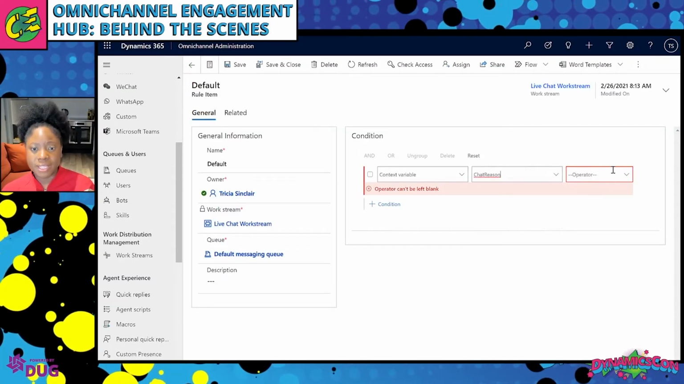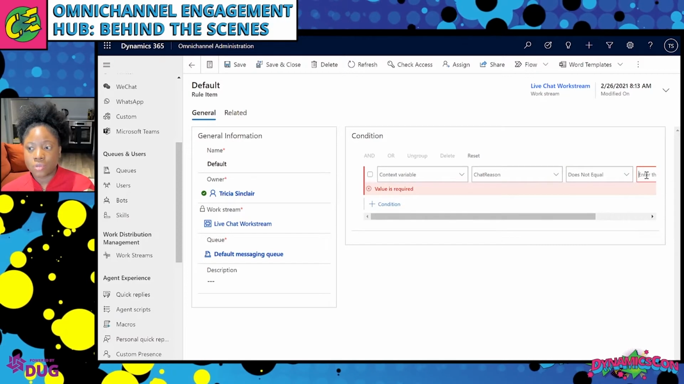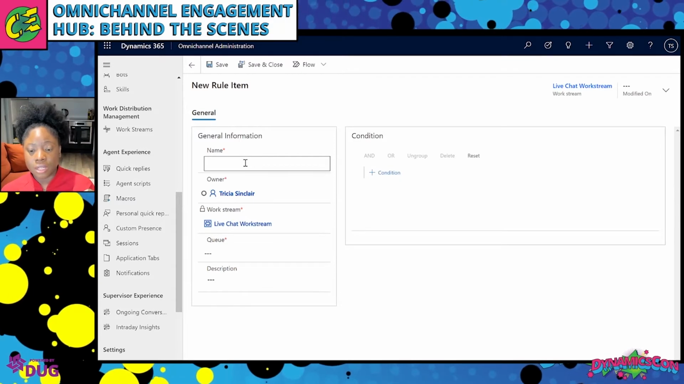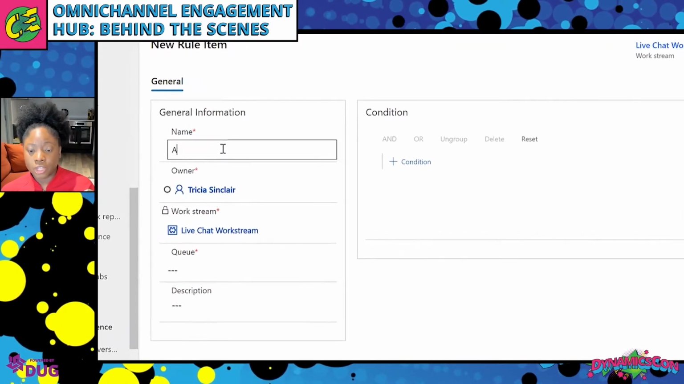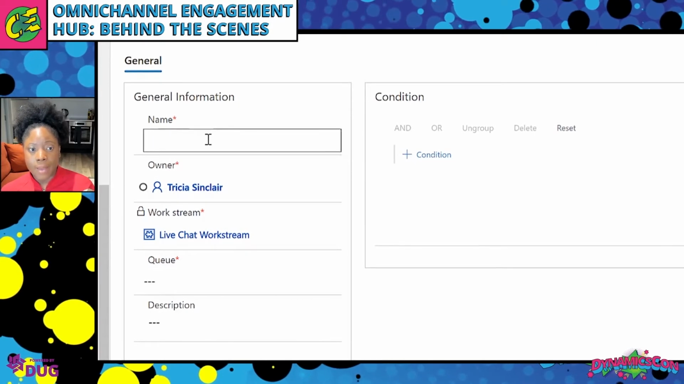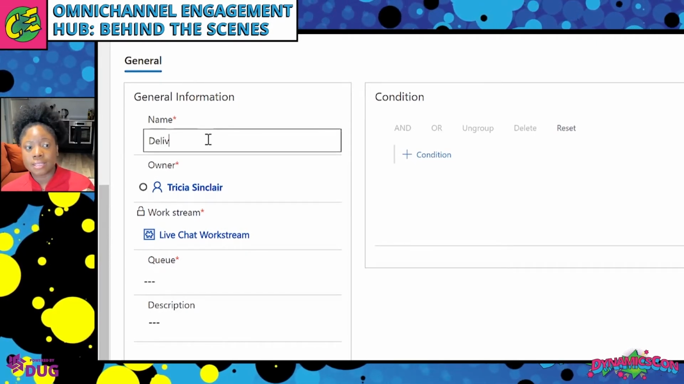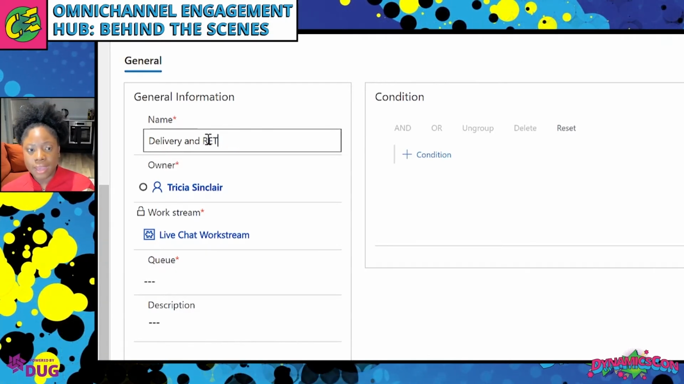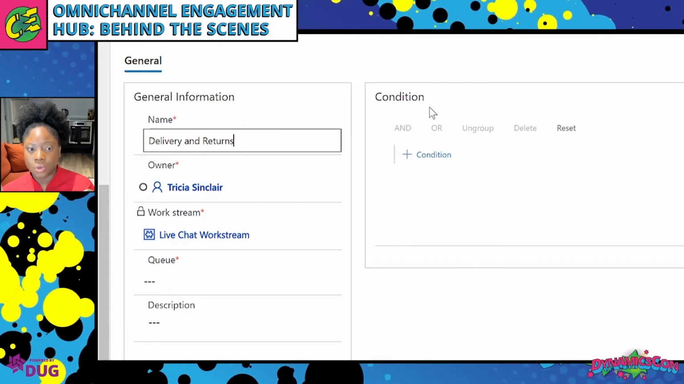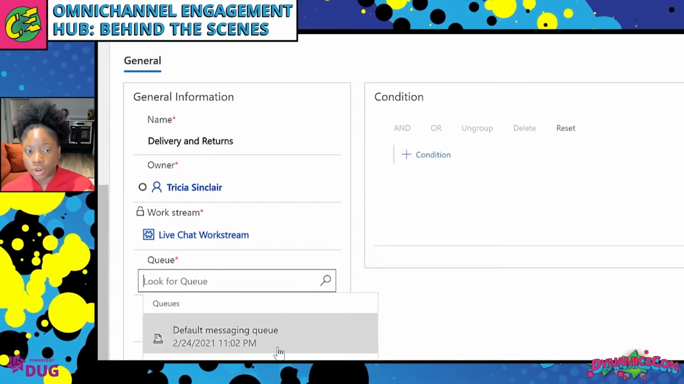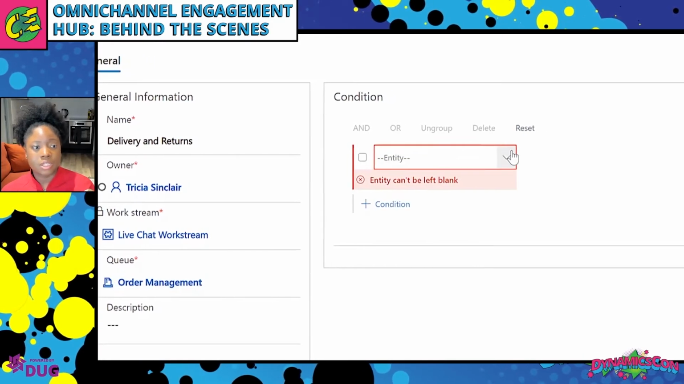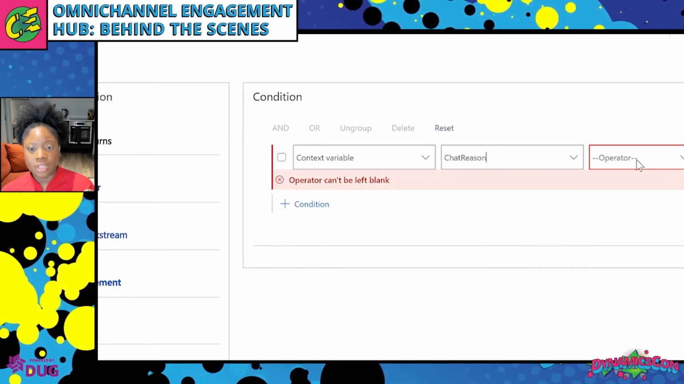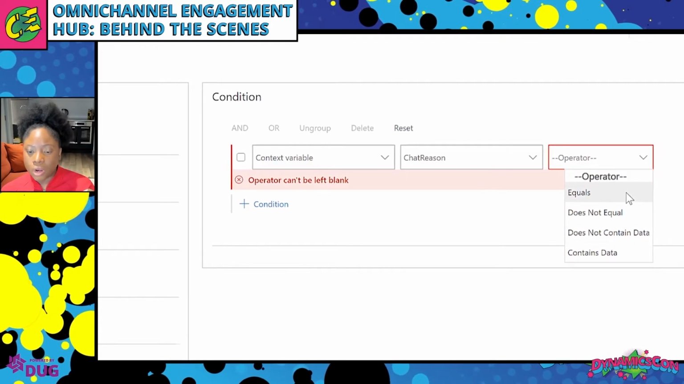Now here what we're doing is we're just basically using the context variables to create routing rules. Okay, so you'll notice that this routing rule is associated to the default queue. Remember, we talked about the different queues and what the purposes of them are. So the first one we wanted to create was geared towards just ensuring that anything that is not associated to the delivery and returns chat reason is sent to the default queue, and anything that is geared towards the chat reason, delivery, and returns goes into the order management queue,